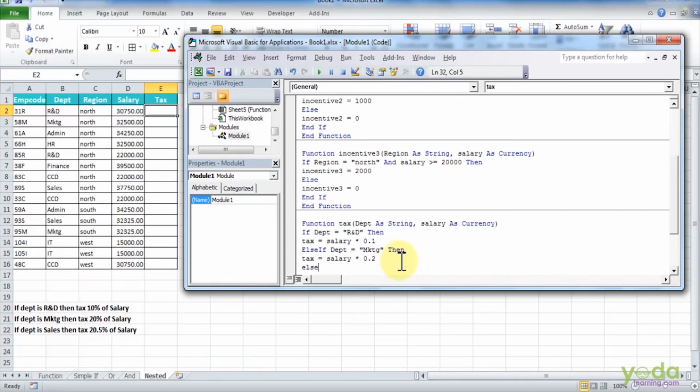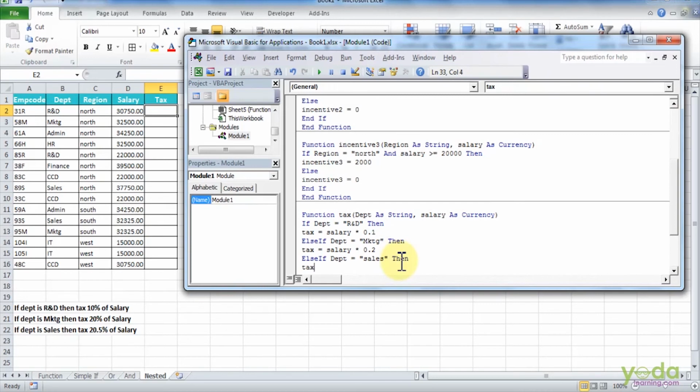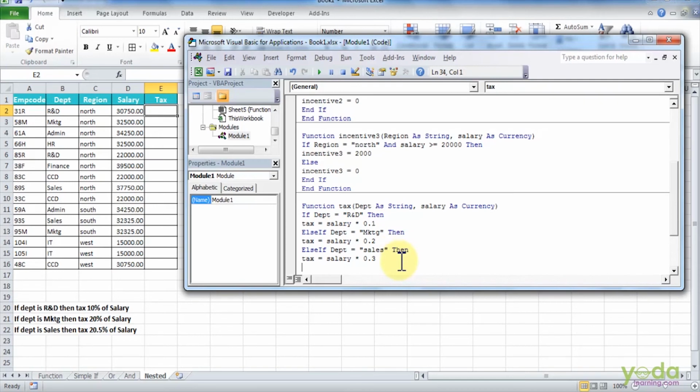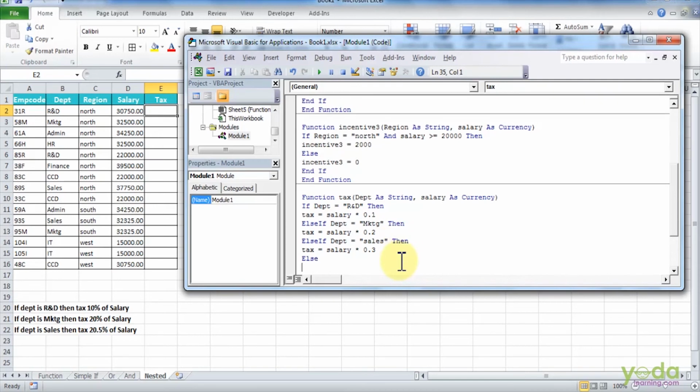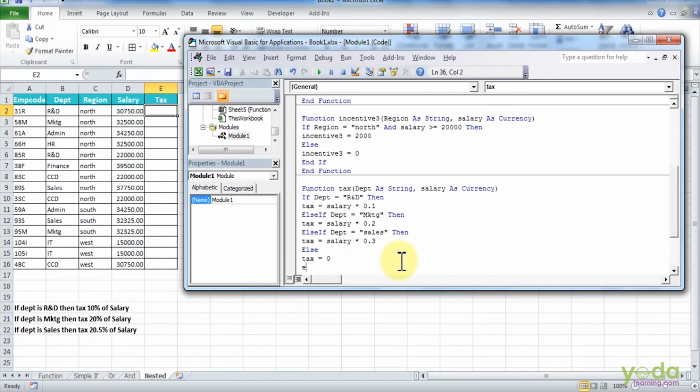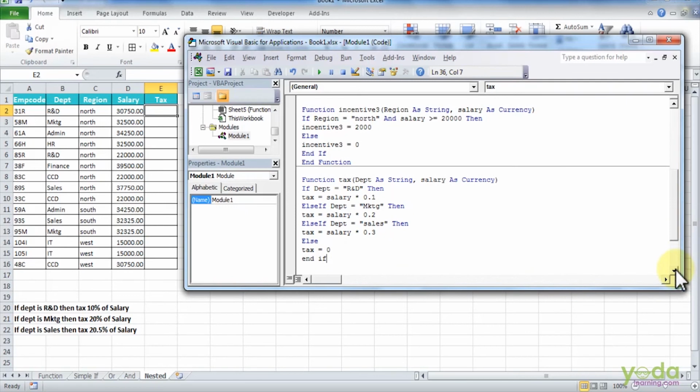Else if the department is equal to sales, then the tax should be equal to 30% of the salary. Else the tax should be equal to 0. And I'll say end if.